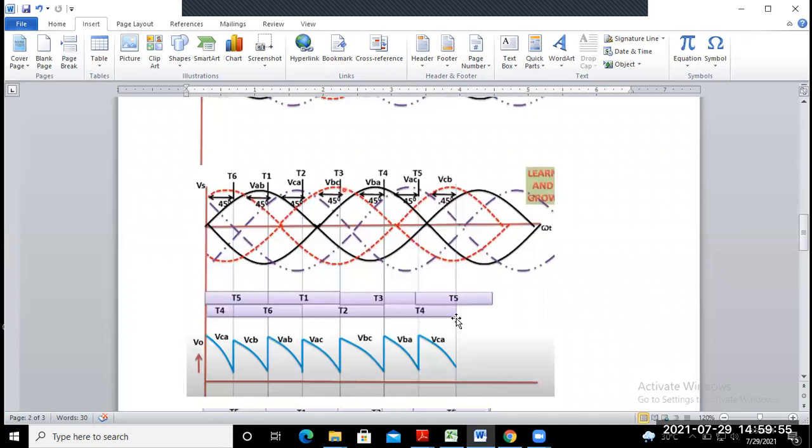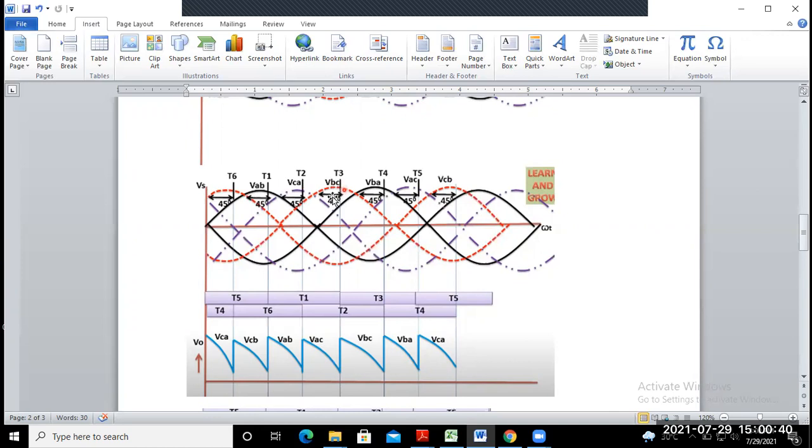Do you have any confusion? First of all, draw either the line voltage, or draw the phase voltages VA, VB, and VC at 120-degree phase displacement. Corresponding to that, you draw VAB, that means VA minus VB. This one is your most positive. Again, up to this point, the most positive is VCA. This point is most VAB, and up to this point is most VCA, and up to this point is VBC.